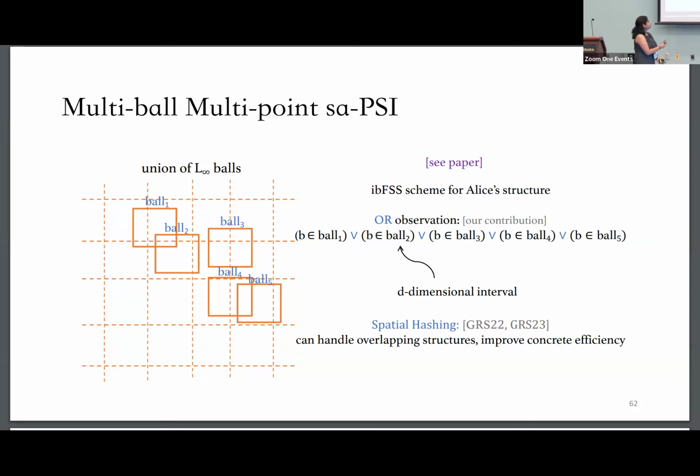And we show new observations that qualitatively improve prior work, because now we can also handle potentially overlapping structures. And all prior work was strictly restricted to the fact that the structures were disjoint. And we also improved the asymptotics of these. So I'll defer to the paper for that.